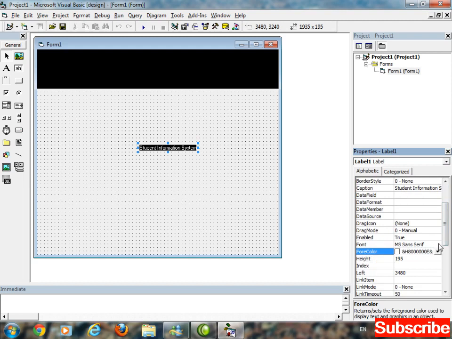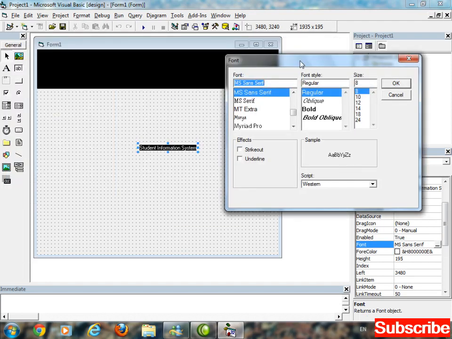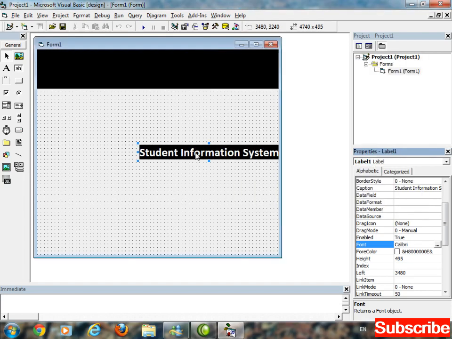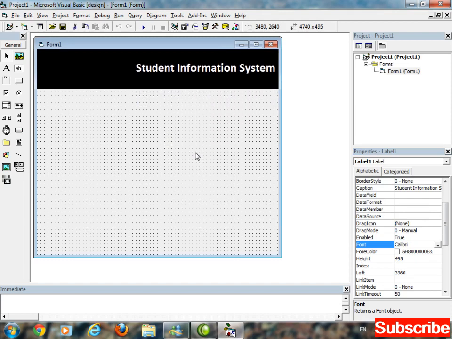Increase the font size from the font property. Now just move using control and arrow keys. Control arrow keys.